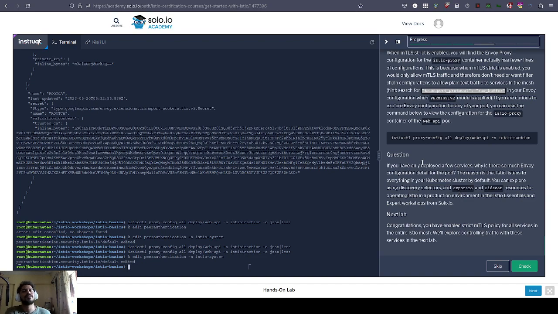Okay, so the current configuration is not optimized for a production environment by default because Istio listens to everything in your Kubernetes cluster. So all the routes are created for everything by default. There are two things that you can use, export to and the sidecar resource, to trim the proxy. The main important thing that people face in a production environment later on, if they haven't